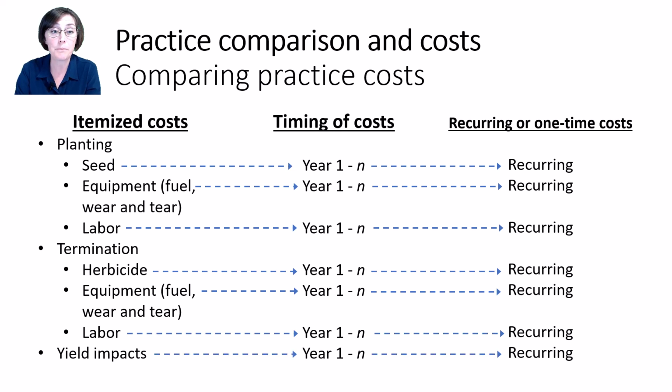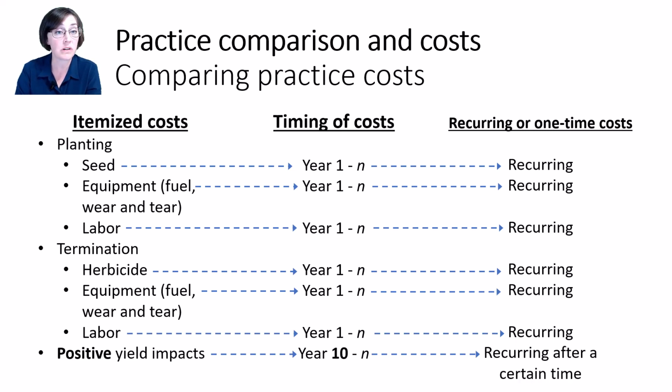do a cover crop. For this in-field practice, you could also quantify the cost of a crop yield impact due to the cover crop. Some research shows a small yield penalty, and that of course could be economically valued here as a recurring cost, or you could take an approach that doing cover crops for a long time improves soil health and may eventually improve crop yields. That wouldn't be a cost, but rather an income stream. That's out of my wheelhouse, and I'm just illustrating this as an example, but you can see that wouldn't be an effect that doesn't start right away, but it would be a recurring impact, and you can value that using